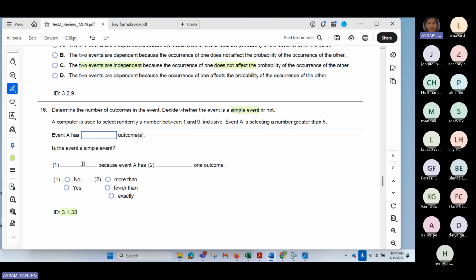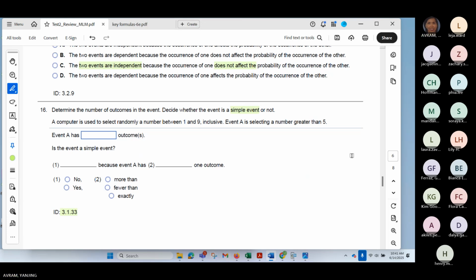Okay, so is this a simple event? Of course not, because it has more than 1 outcome. You have a total of 4 outcomes in here. So that is how you answer this one. You're going to have 4 outcomes, and the answer will be no, because it has more than 1 outcome. All right, so that is